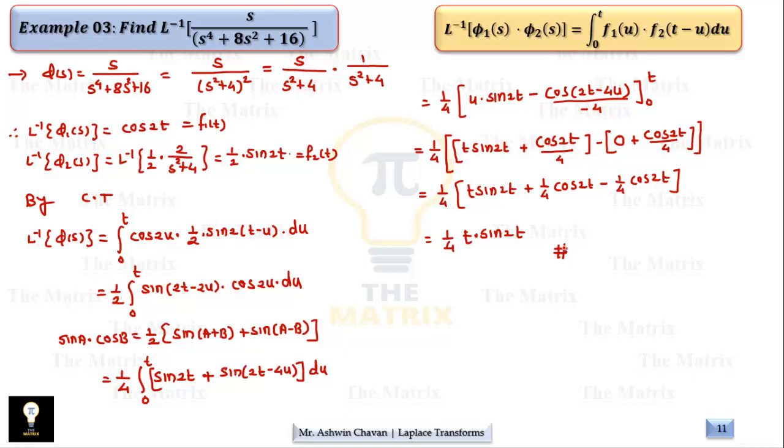Once the function is converted into a product of two functions, each of them can be taken as phi1 and phi2, so that we find their inverse Laplaces, call them f1 and f2. Then putting them into the convolution theorem formula, it says inverse Laplace of phi of s is nothing but the integral of these functions taken as f1 of u and f2 of t minus u. So solving this integral gives us the function of t at last.